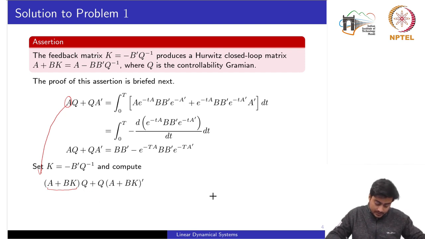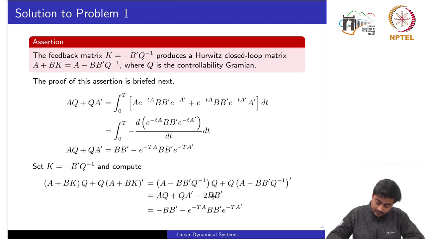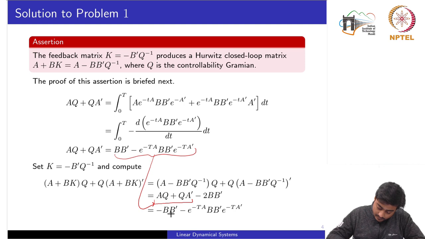So simplifying this expression onto the left hand side, we get this one, which further simplifies to 2AQ plus QA transpose minus 2BB transpose. Now this part we have already seen from above. So if I substitute this one to here and simplify further, we obtain minus BB transpose minus e to the power minus tA BB transpose e to the power minus tA transpose. Okay, so we need to